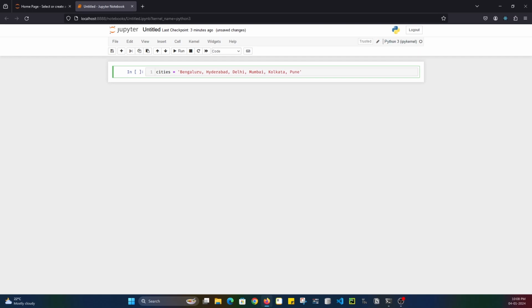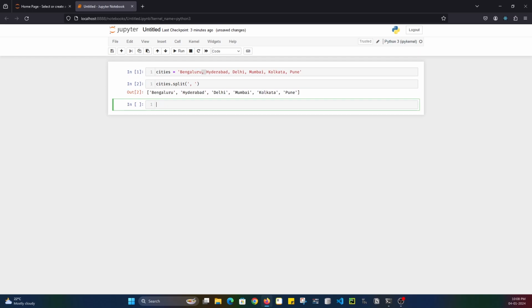Pretty simple. I have shown you that if I want to split this, I have a string containing the names of cities, and I want to split this string into a particular list of cities. So it's pretty simple. Cities.split, and since there is comma and space, I'll split with comma and space. So Bangalore, Hyderabad, Delhi, Mumbai, Kolkata, Pune all got split. Just make sure there is a comma and space,